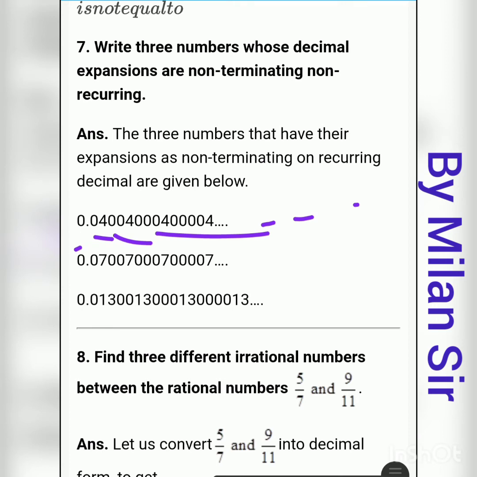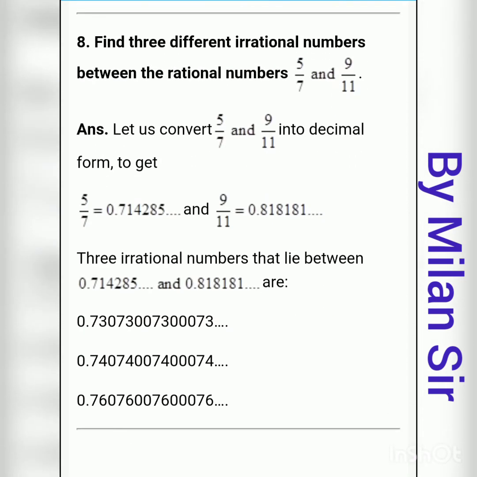It shows an infinite number of digits. Even 0.07, 007, 0007, same pattern. Even 0.013, 0013, 0013, whatever you want you can write here. Only one thing: it should never terminate and never repeat. Then number 8,